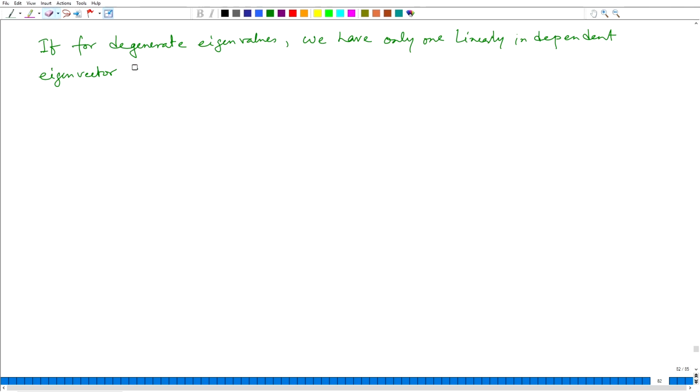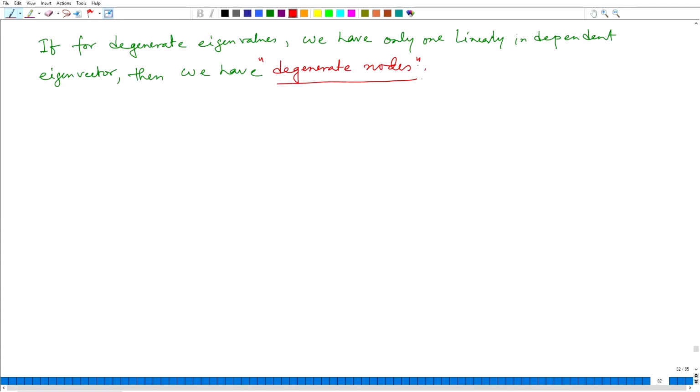Then we have something called degenerate nodes. I will not discuss about this. This is just a vocabulary I introduce here. If you are interested, you can go through some internet resources or Strogatz's book, okay. So, yeah, but then this system is a little bit tricky, but you still have fixed points which are called